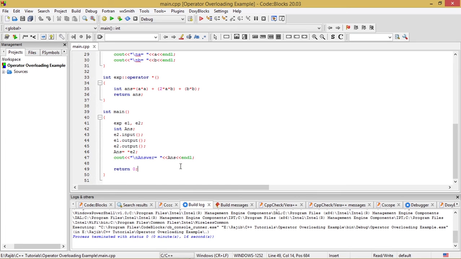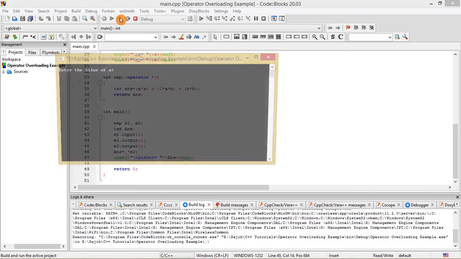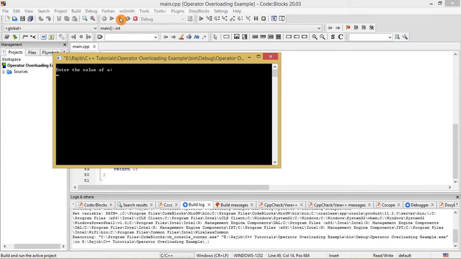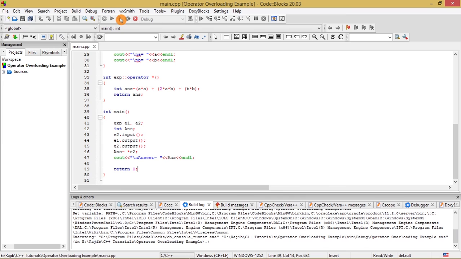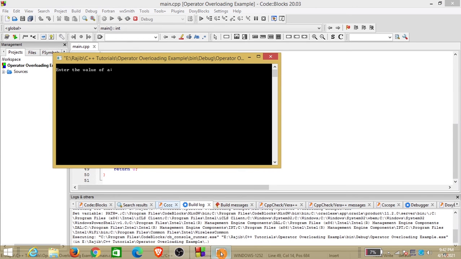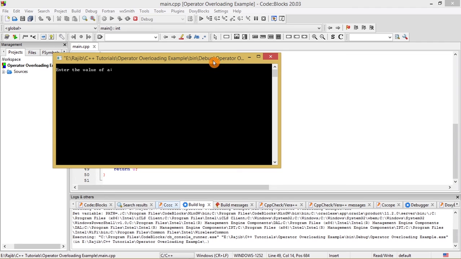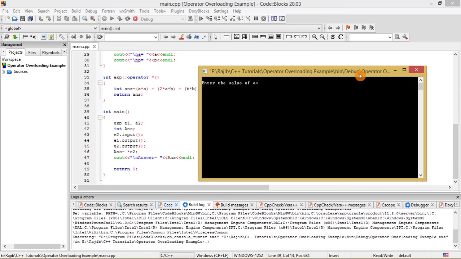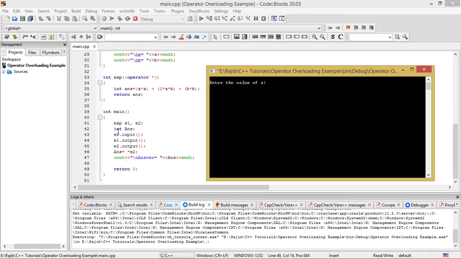So let's see whether our expectation is really seen in the output of this example program. Let's go to build and run and see. We find that it asks to enter the value of a, that is surely the a value of e2 being asked from our side in order to give input from the standard input device. I will drag it a little bit towards the right. That is this one, e2 dot input.